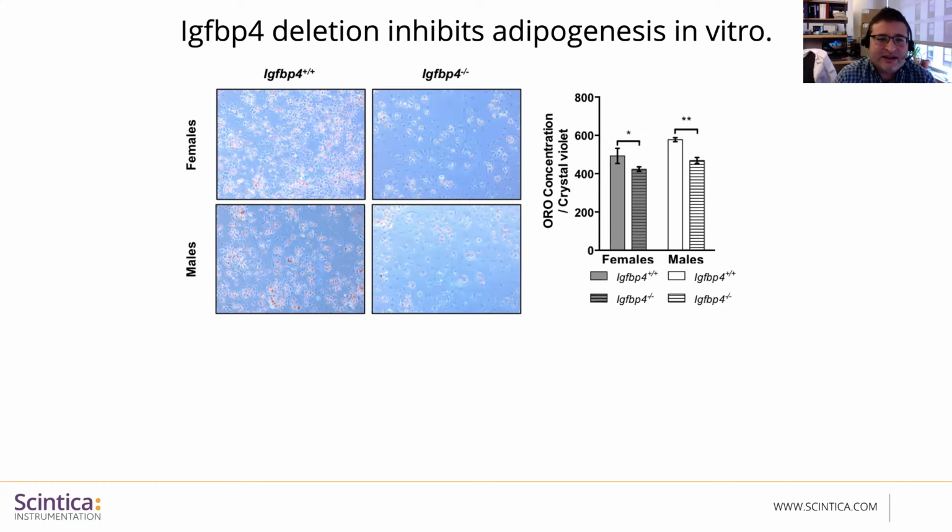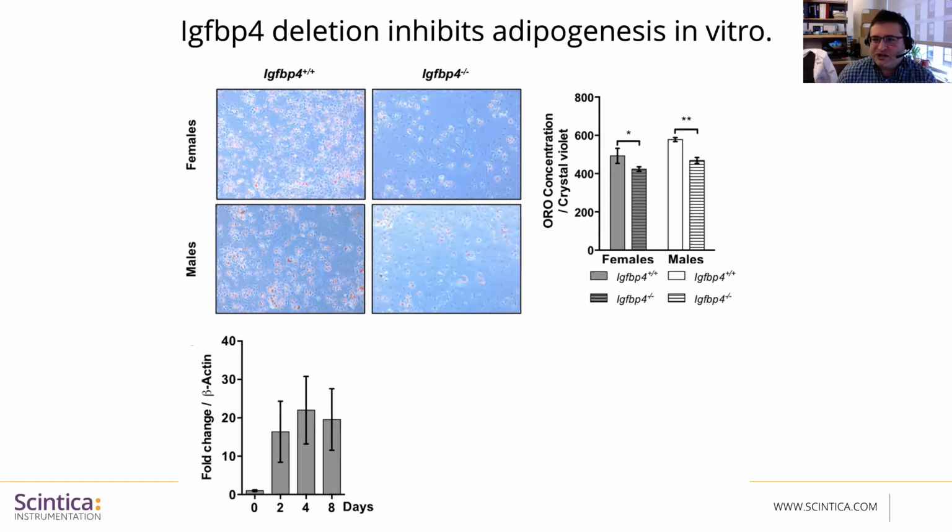So all of these little red dots you see are lipids, and you can appreciate that there's a lot less in the knockout than there are in the wild type. Right, and that's quantified on the right. So again, confirming that this is something we see in vitro. So it's mostly a cell autonomous phenotype. It's probably not occurring because of a systemic effect inside the mice, but more of a local production of